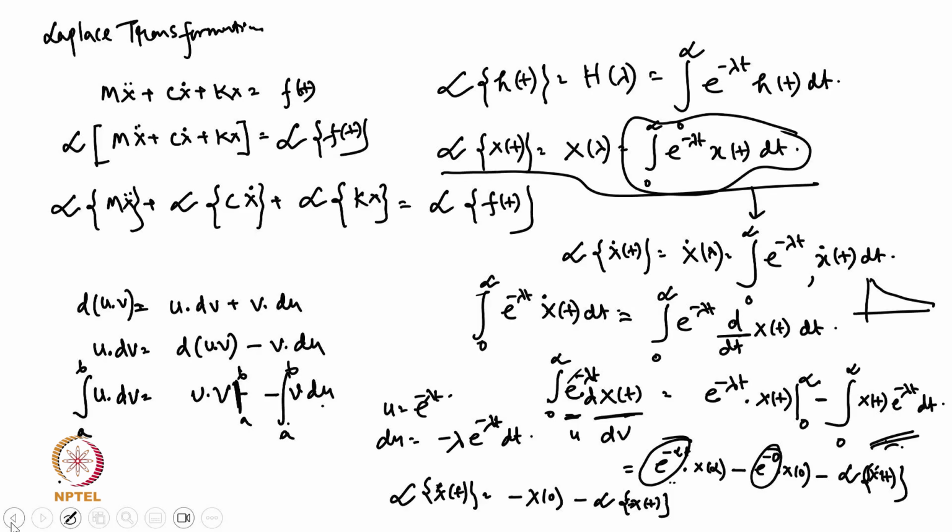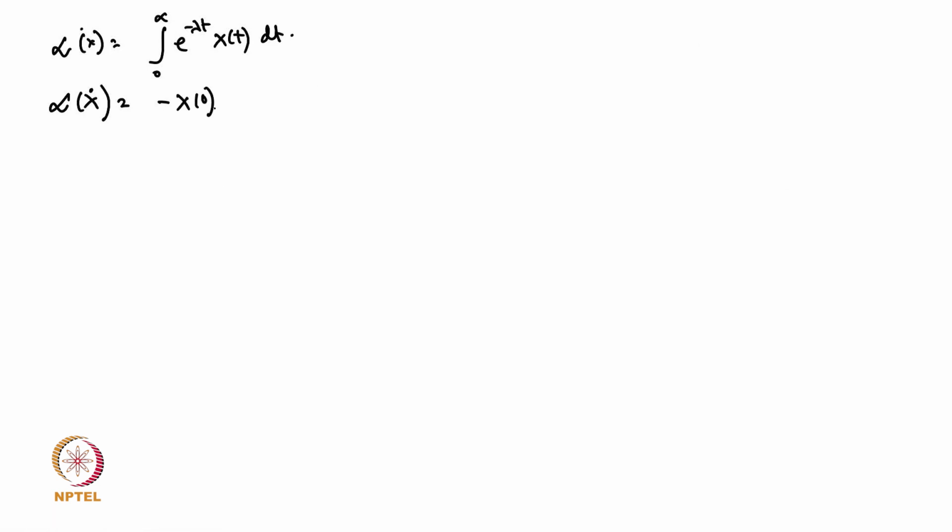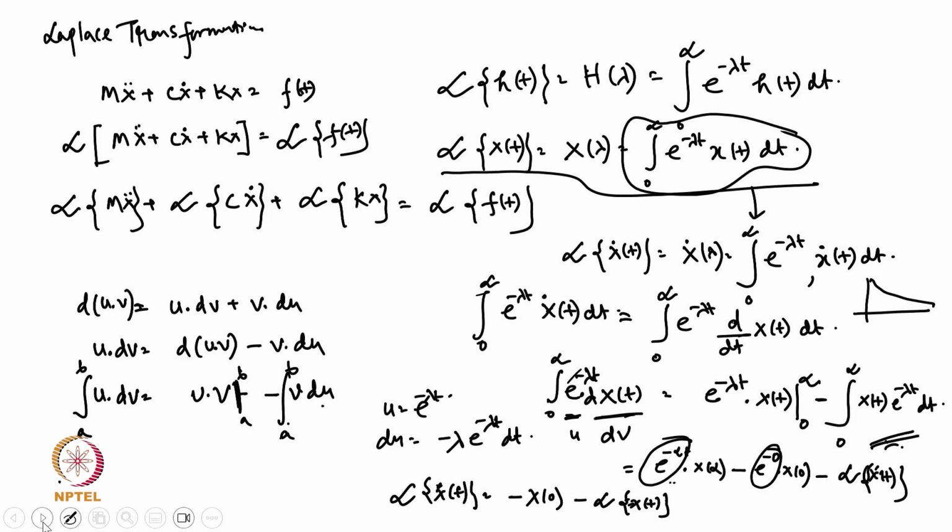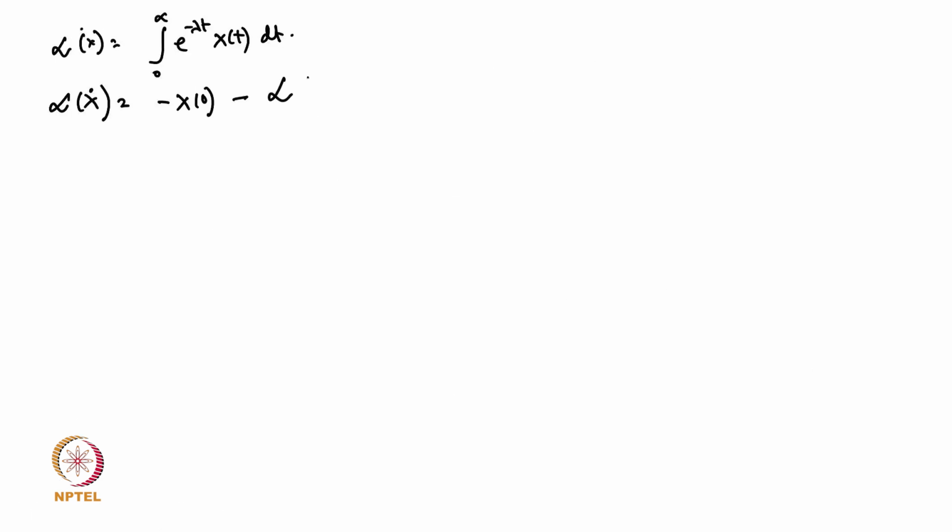First of all, the Laplace of x is nothing but the integral from 0 to infinity of e to the power of minus lambda t times x of t dt. And the Laplace of x dot will be equal to what we have just found: minus x0 plus lambda times the Laplace of x of t. That we have already got. So what about the Laplace of x double dot t? Doing it in a similar manner,